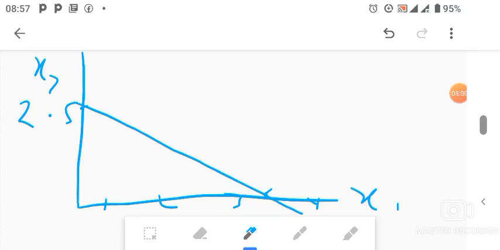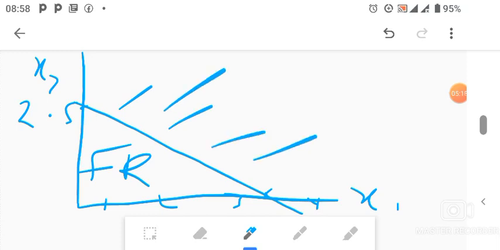So what do we do after this? In a normal linear programming graphical method, after you have drawn your graph, we look for the corner points. First of all, this was less than or equal to, meaning we are focusing on this region where I put my FR. The rest, the outside, is unwanted in this case. This is the approach I personally take. I usually shade the unwanted region, and we're focusing on the FR region, which applies with a less than or equal to and satisfies that rule. So now you have your feasible region, and you try to get the corner points.